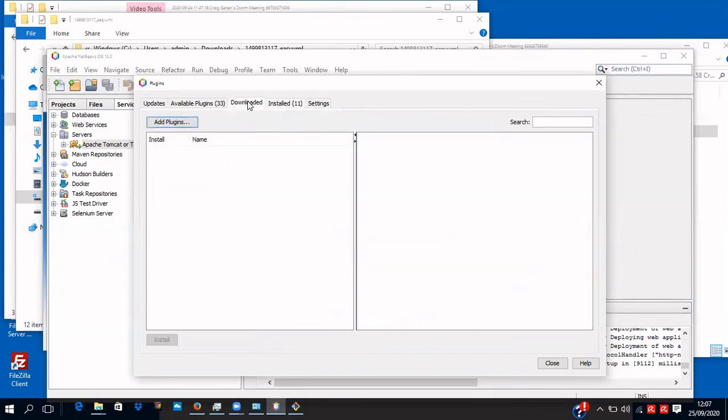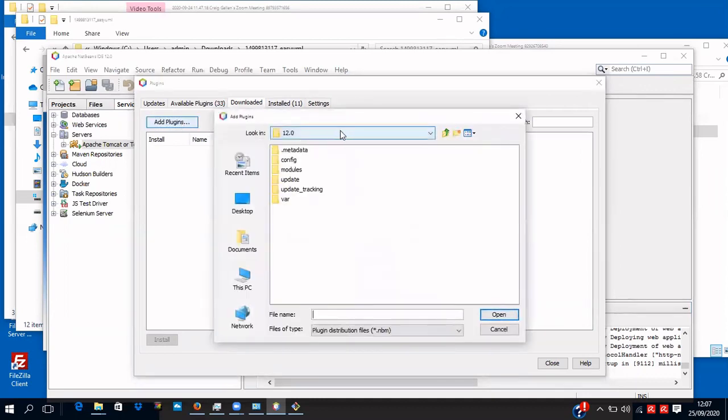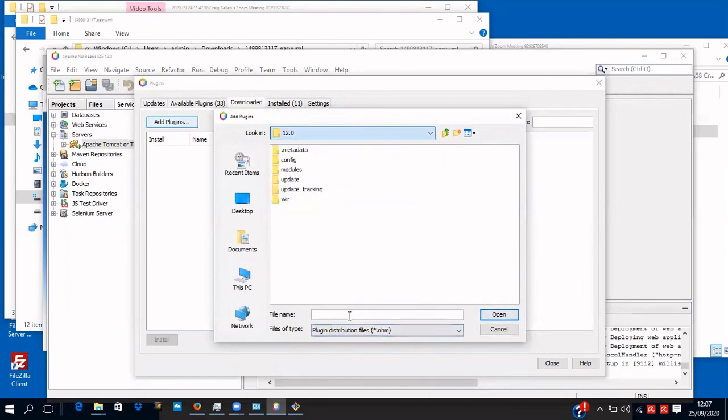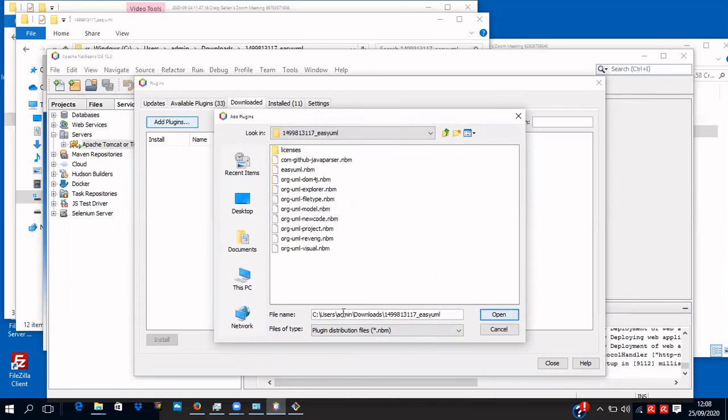So how do we do that? Well, we use this Downloaded capability, and we can add plugins, and it gives us the ability to look in a directory. What we will do is paste in the name of that directory, and we can now see that there are a number of plugins that are part of this. So all of these modules need to be selected,